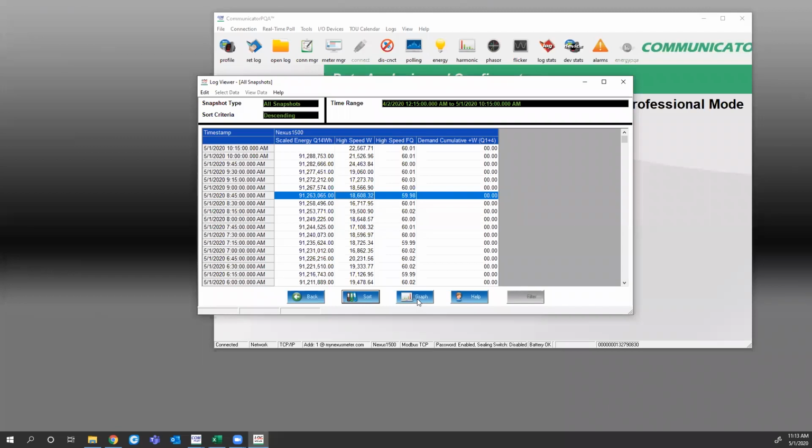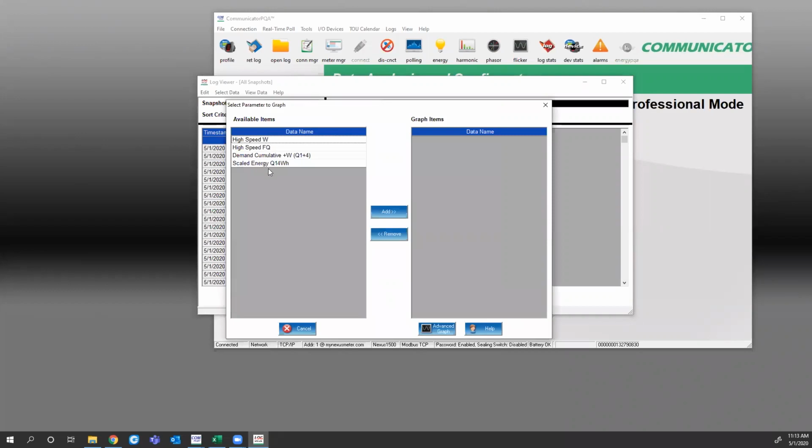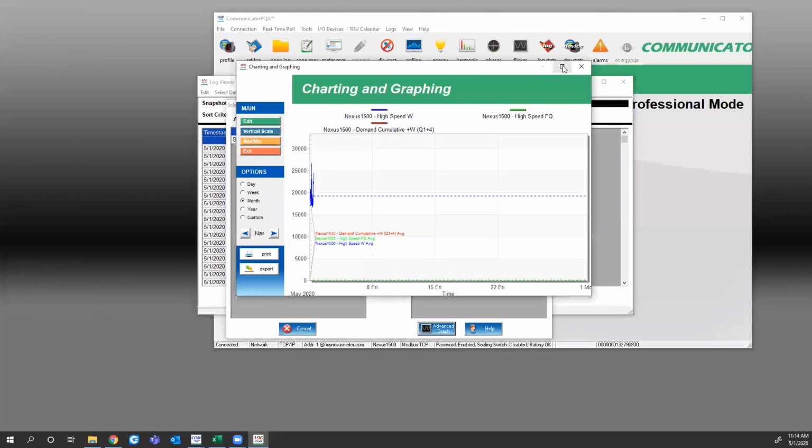You can also graph any of these points that you're seeing. So when you hit graph, it doesn't graph all 4 points automatically. It lets you choose. In the case of graphing, our graphing feature on Log Viewer uses a 1-axis Y scale. So if we were to graph high-speed watts and cumulative demand, those values should be pretty similar. But if I were to also add frequency, when we look at this graph,